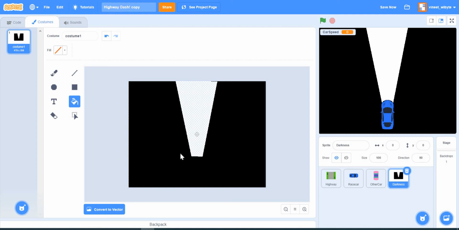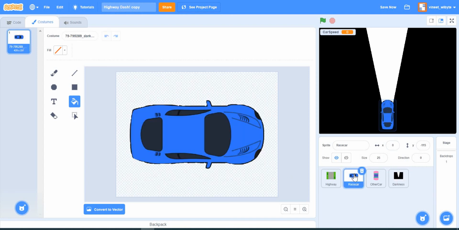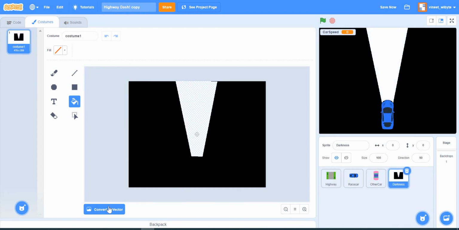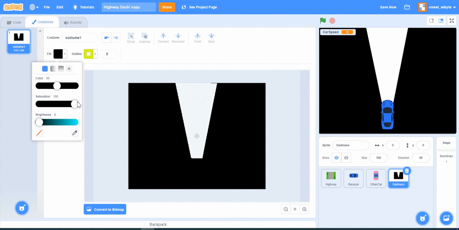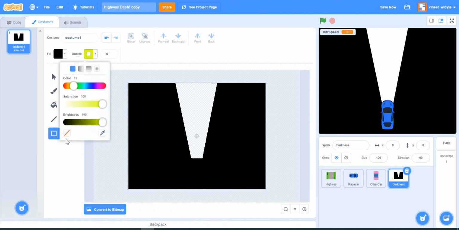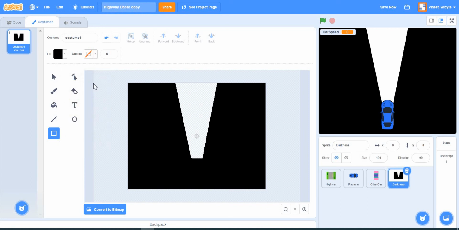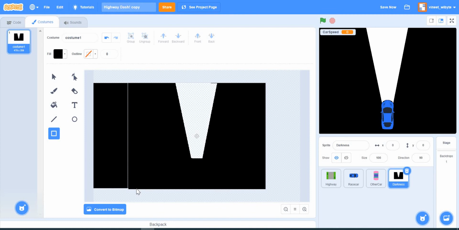And notice that I get a nice headlight looking shape appearing here. Remember, it was important to set X for the car to be 0 so that the thing is nicely aligned. Having done all this, I'll go back to the vector mode and make two more squares of black color. So here the fill has to be black, and no outline. So I'll choose outline to be not there. And then I'll just make these two rectangles, which will basically go and sit here and here, right?